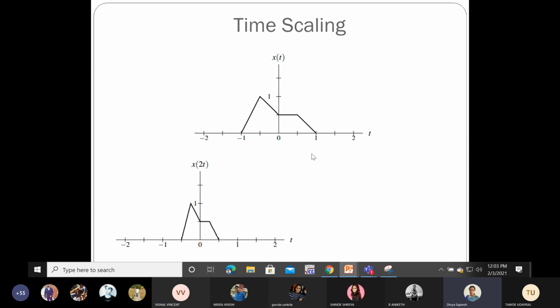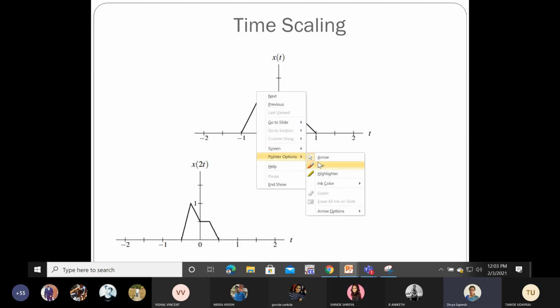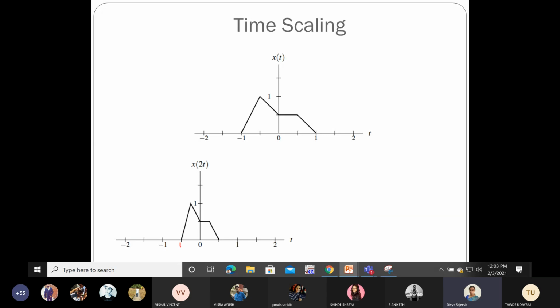Similarly, on the positive side of your time axis, here it is at position 1. Again, while it is compressing, it will go to t by 2, that is at 0.5. So minus 0.5 and plus 0.5. So now its points are touching. This is at minus 0.5, and here it will be at positive 0.5. So if a is greater than 1, the signal will be compressed, and if a is less than 1, then the signal will get expanded.